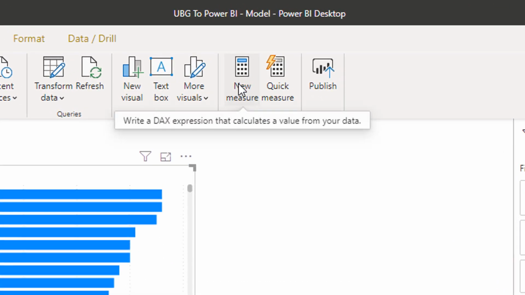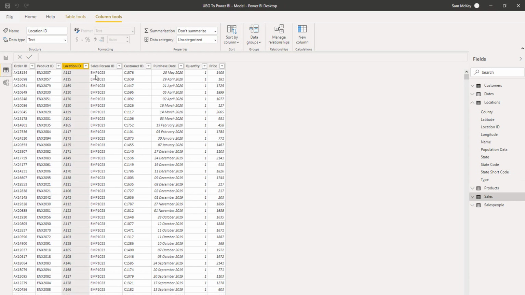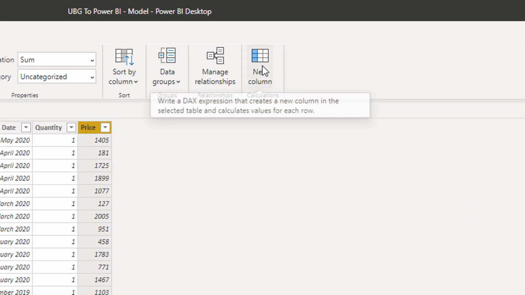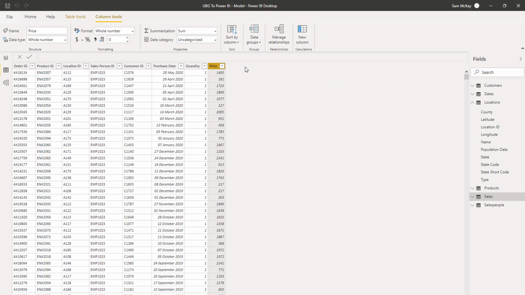A measure that we are going to create using this new measure icon in the home ribbon is like a virtual calculation. Think of it as sitting above your model, and it only runs a calculation when it is actually used within a visualization or table. Whilst a calculated column is something that sits physically within your data table,